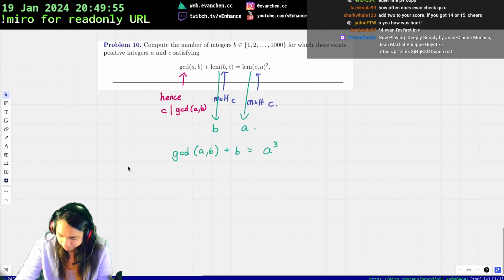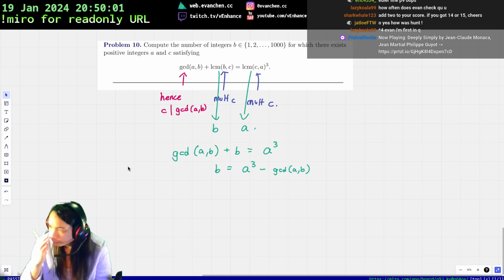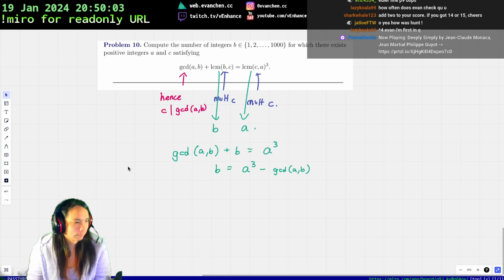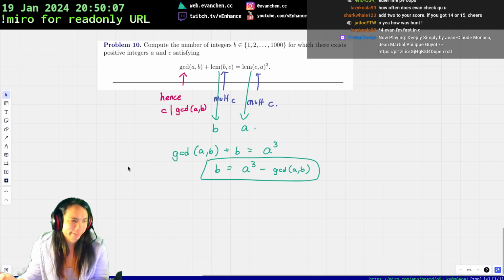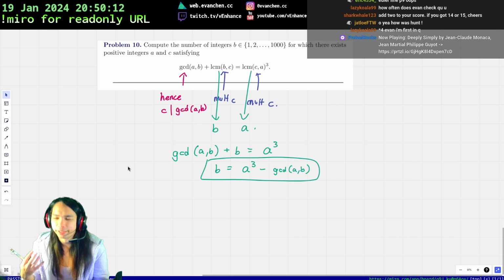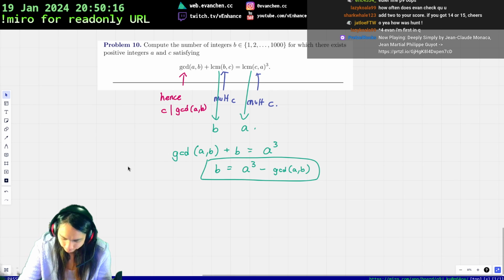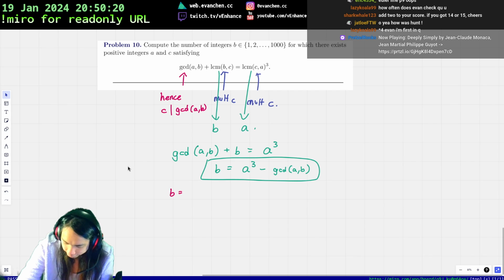Yeah, so B is equal to A cubed minus something that divides A and B. So this is basically a complete description of the solutions. You pick A, and then you pick a divisor, and that's it. So in particular, the set of valid B's: B can be 2 cubed minus anything that's